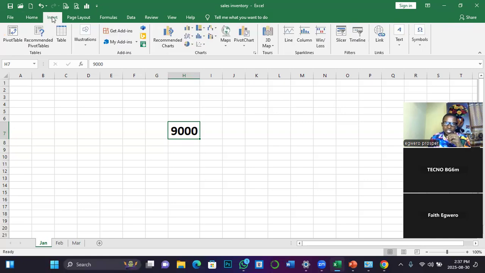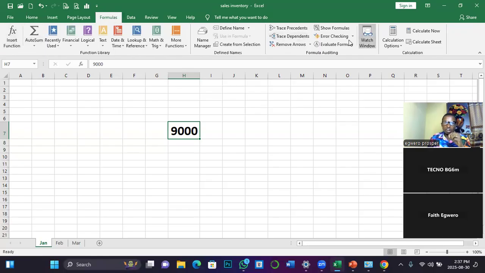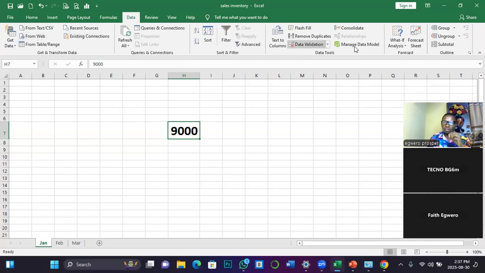If I go to insert, the whole of this becomes the insert property. If I go to page layout, it becomes the page layout property. If I go to formula, the formula property. If I go to data, the data property. So you just have to know that.